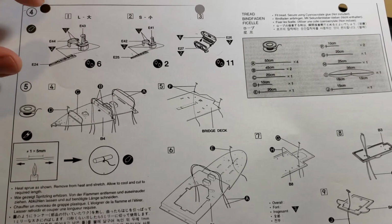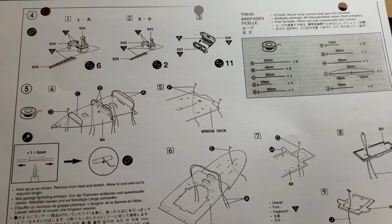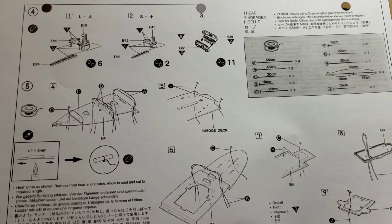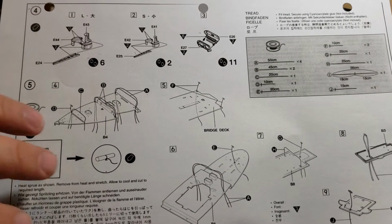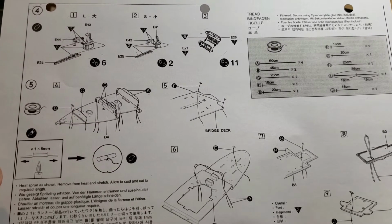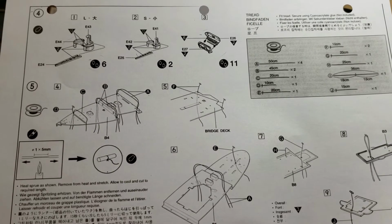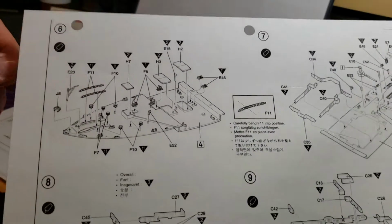I'm not sure if this is photo etch yet or not. I haven't looked that far into it, but I do know the next step that I want to work on does not include those. As well, step number 5 is just for rigging, and that I'm not going to work on at this point in time yet either. So I'm going to skip those steps. I'm going to go straight to step